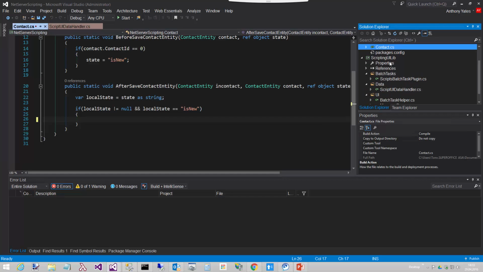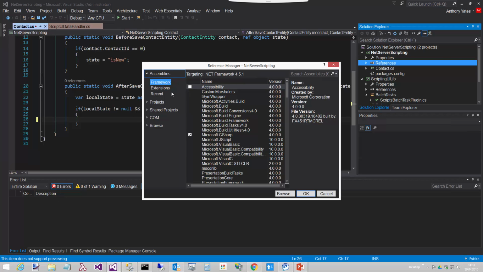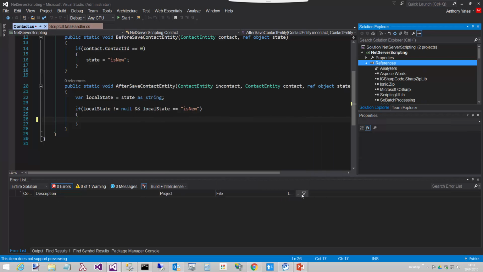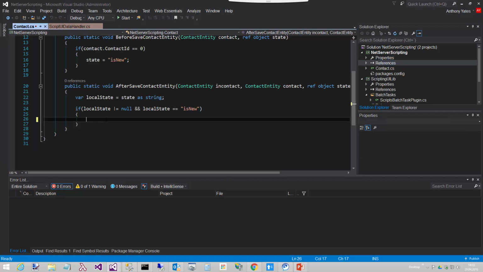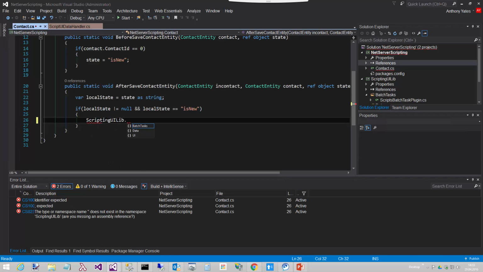Now, the message box functionality exists down here in the script UI library. So I'm going to create a reference to that here. It's a project. So I'll share that. Say OK. And now, here we should be able to say something like, is it script UI lib .ui .messagebox